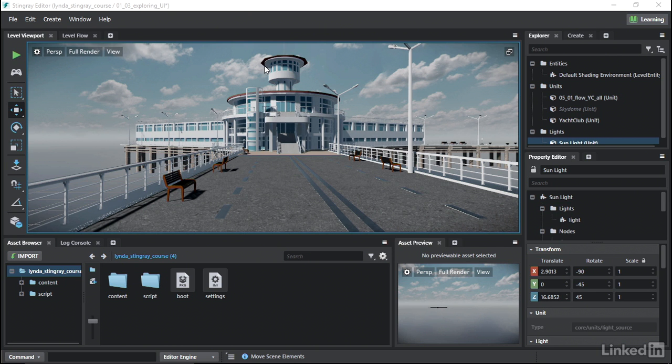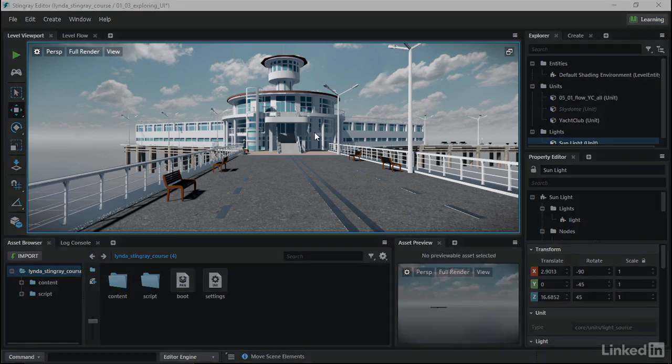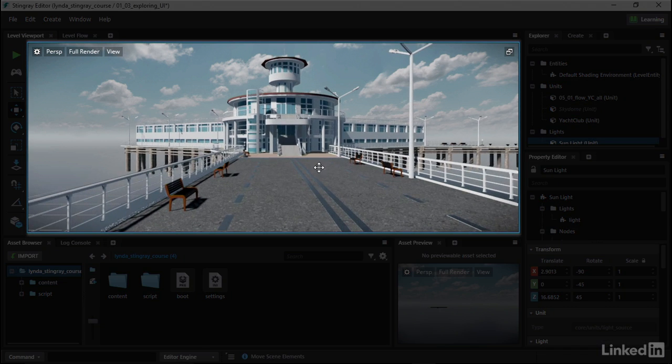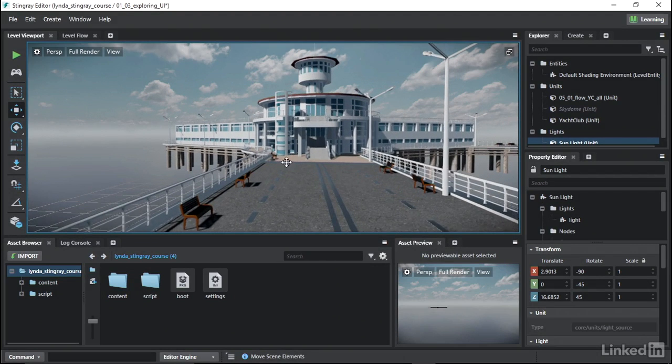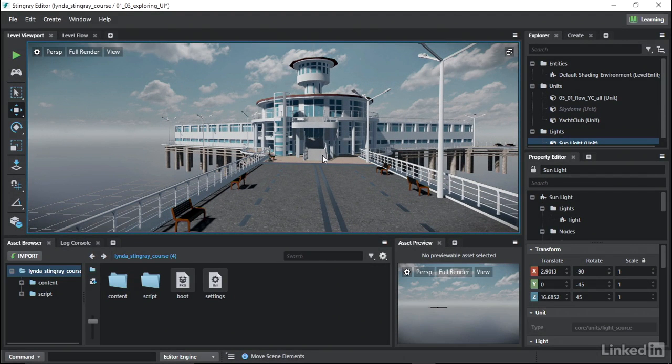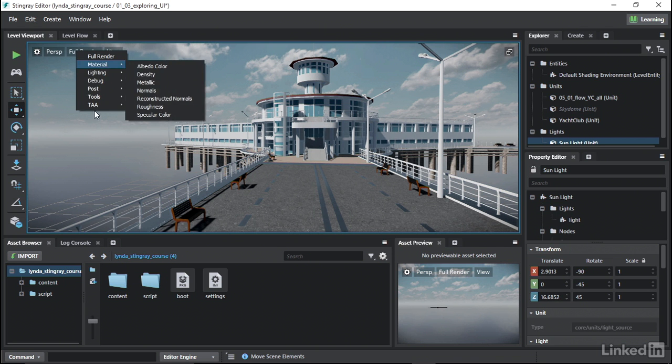The Stingray UI is divided up into several key regions. The biggest one and the most obvious one is the viewport. This is our stage. This is where everything is happening. This is where we see all the content that we're adding and the experiences that we are creating for our viewers. Things that you can do in the viewport: you can adjust your rendering modes, see different types of materials,